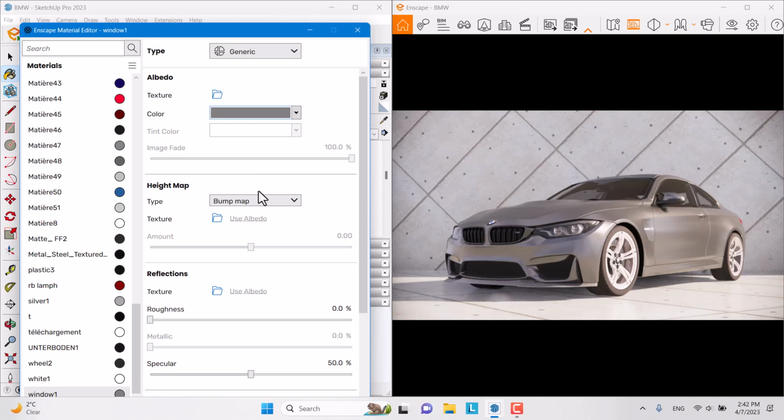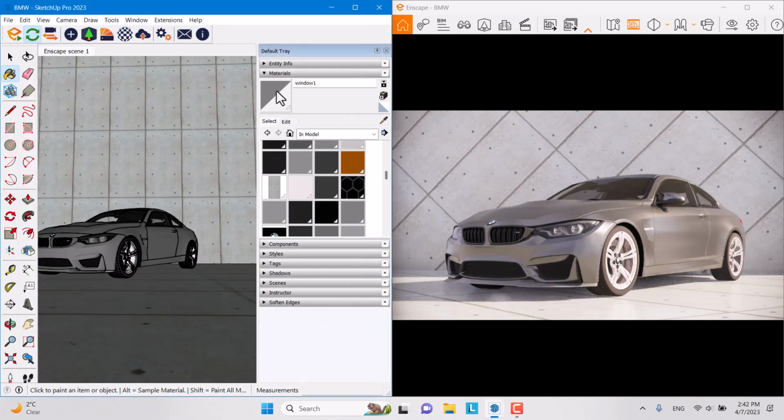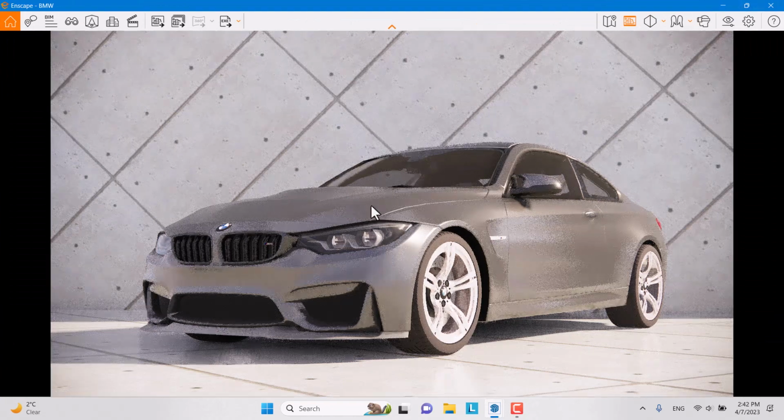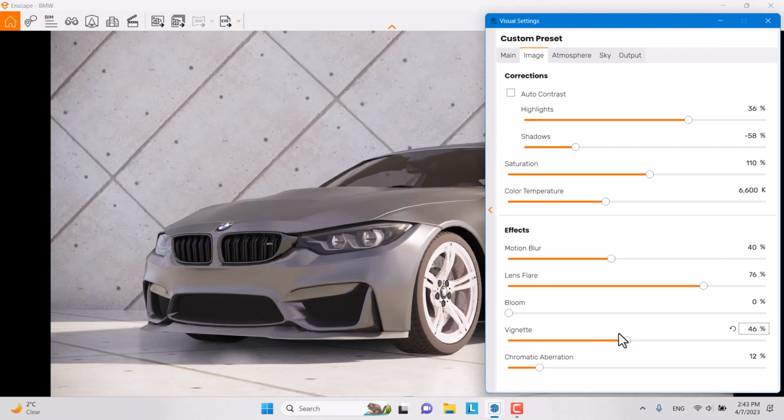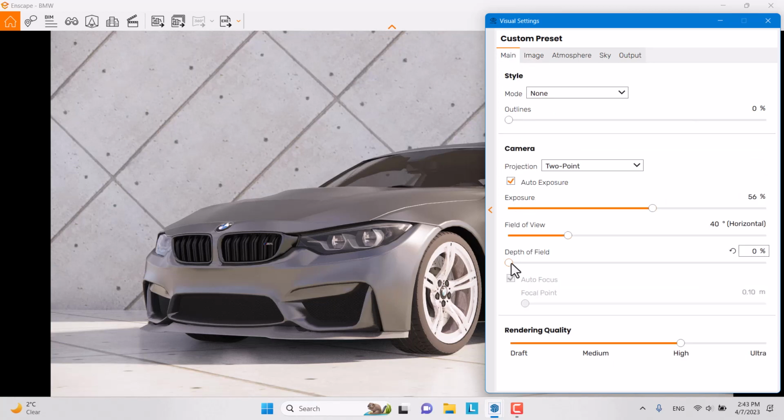So we create this type of render with Enscape 3.4, very simple and easy and very realistic. The only thing we had to do is about the rendering. I want to focus on this model and make this environment much blurrier than the past. So I click on the visual settings, I come to the image, and I want to decrease the vignette to about 27. Now I want to come to the main option and change the depth of field and turn off the